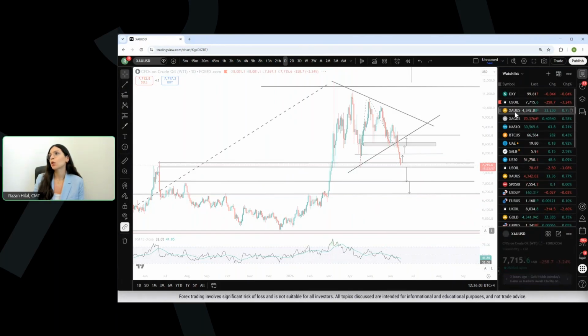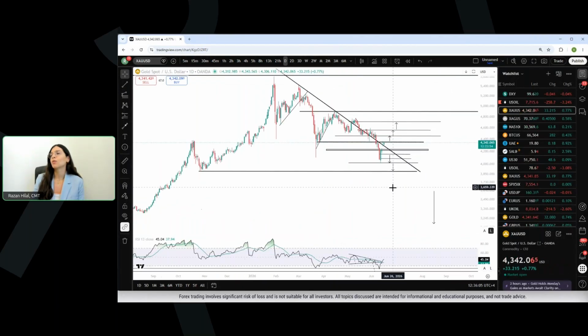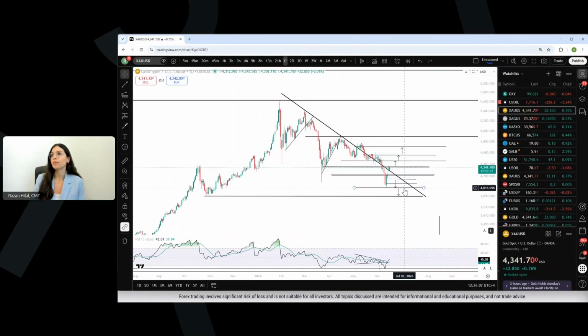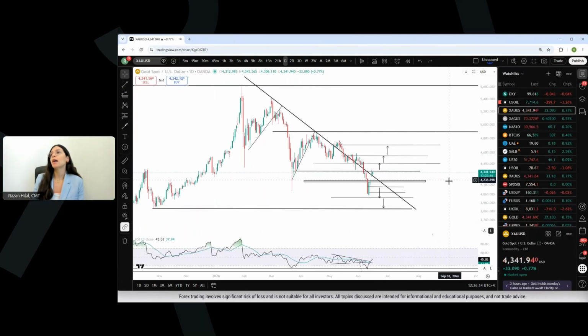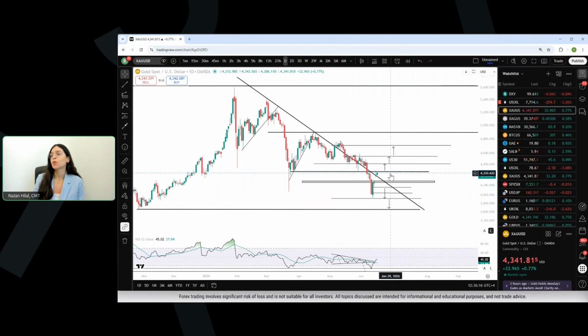Now, next up, we have the gold chart. We had a very clean rebound from the 4020 support, a new 2026 low, and we can also see that price action traced an opening gap all the way up towards a previously mentioned critical resistance zone, which is at the 4,360 level. I'm mentioning this level every day in the daily MENA market call, running Tuesday to Friday every week.